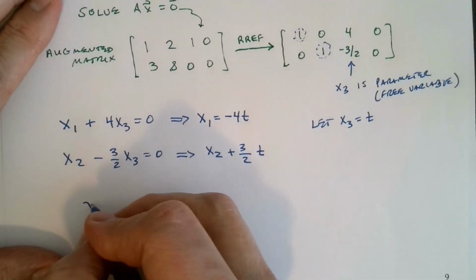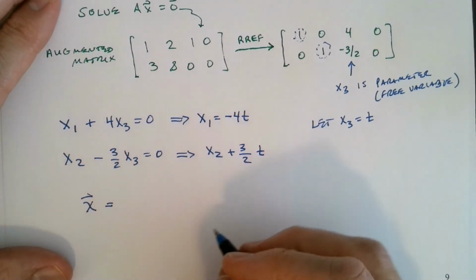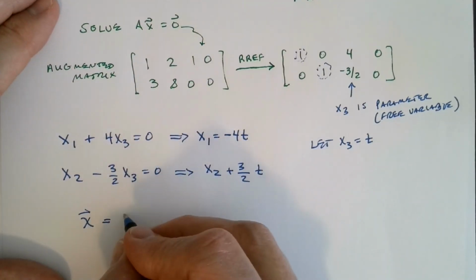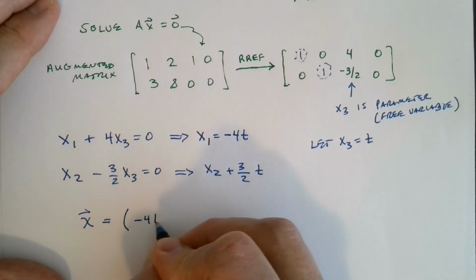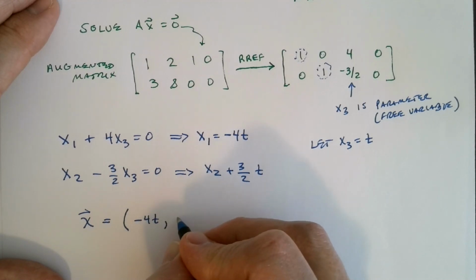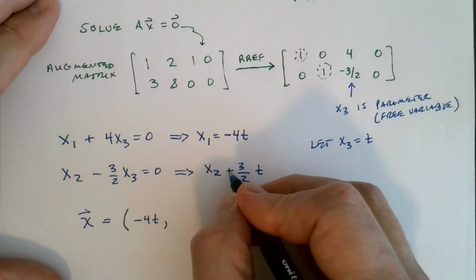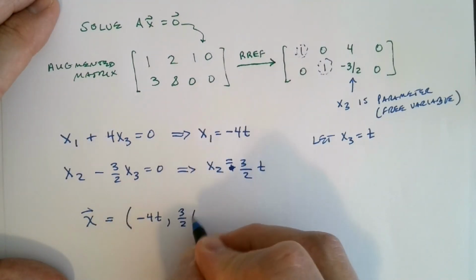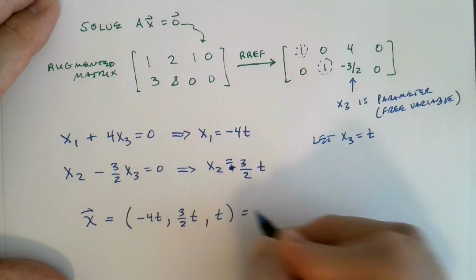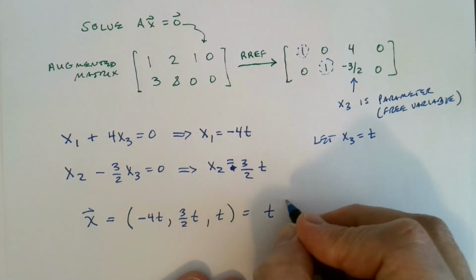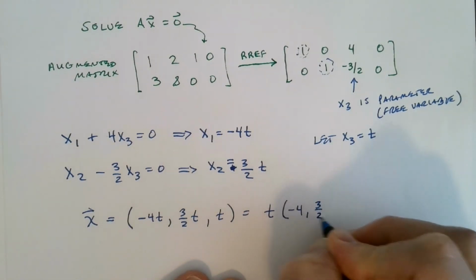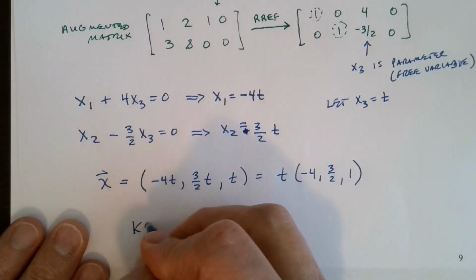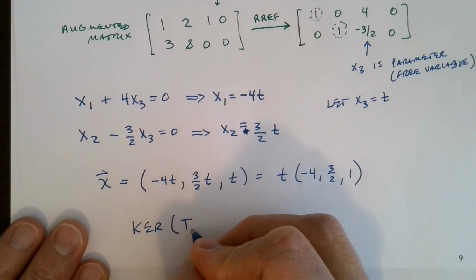And so putting this all together, what is the set of all x that satisfies AX equals 0? Well, x1 is negative 4t, x2 is, oops, that should be an equal sign there, sorry, equal 3 halves t, and x3 is t. Notice this is the same as t times negative 4, 3 halves, 1. That's something we'll get into. So here's the kernel. The kernel of this T sub A